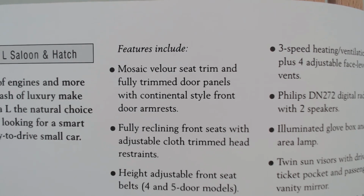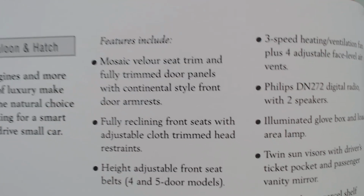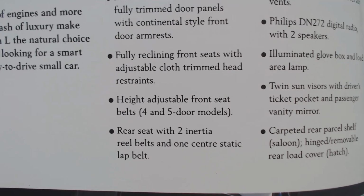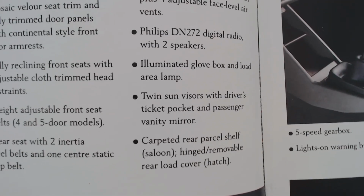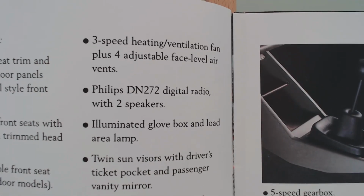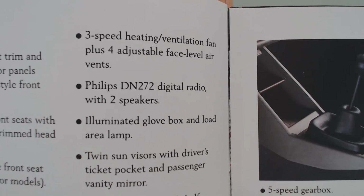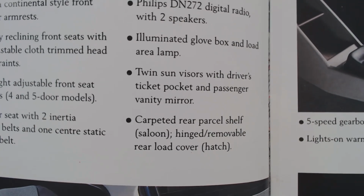small car. Features, we've now got a mosaic velour seat trim. Quite nice to see velour on an L model, isn't it? Fully reclined front seats, height adjustable front seat belts, rear seat belts. So pretty much a lot of these is what we've already read, isn't it? We've now got a 3-speed heating ventilation fan, Philips digital radio, illuminated glove box and load lamp area, twin sun visors, carpeted,